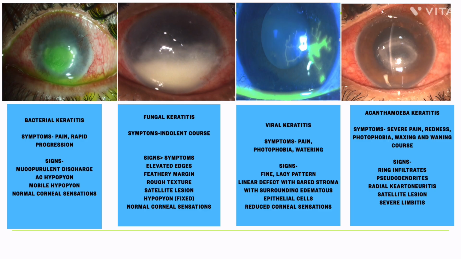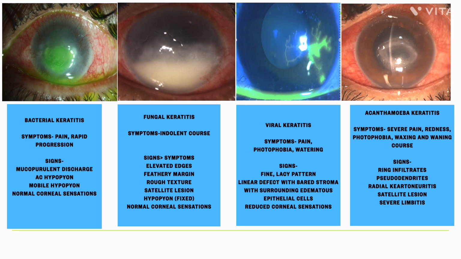And viral keratitis, particularly herpes simplex, commonly causes pain, photophobia, watering, fine dendritic epithelial lesions, and most important, reduced corneal sensation. Then coming to Acanthamoeba keratitis, it should be suspected when pain is very severe or disproportionate to the clinical signs, especially in contact lens wearers. Ring infiltrates, pseudodendrites, radial keratoneuritis, and satellite lesions are important clues. These findings are suggestive rather than diagnostic because clinical appearance can overlap, so microbiological testing is very essential in atypical,